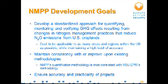So with regards to our nitrogen management protocol development goals, I'm not going to talk about much of the development process unless we have questions on it today. But basically, our goal is to develop a standardized approach for quantifying, monitoring, and verifying the greenhouse gas reductions resulting from changes in nitrogen management practices on U.S. croplands. So targeting nitrous oxide emissions,